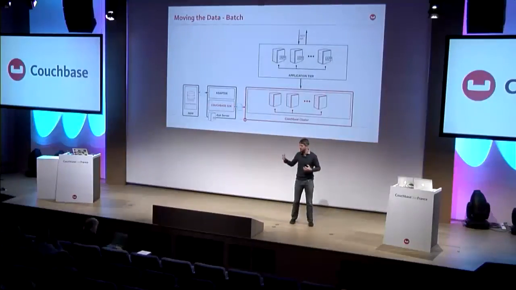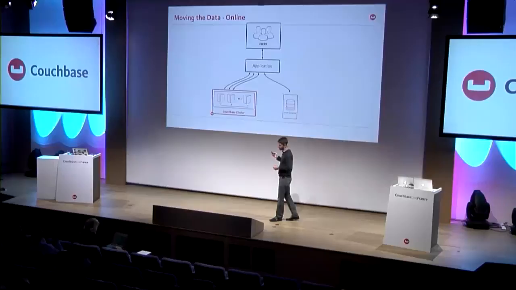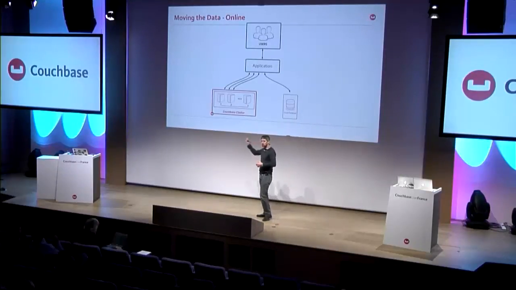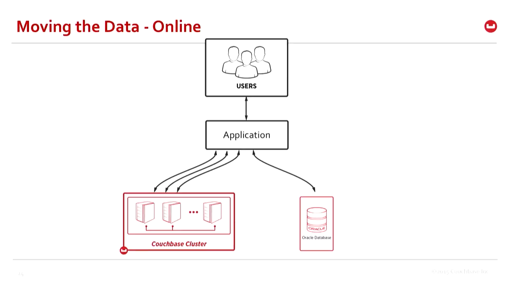They had the requirement of still needing to serve data off of that Oracle database from other applications that they did not have control of. If we look back to this one, generally if you have control over the whole application, you can control all of its access and you can know this request is going to go to Oracle, this one's going to go to Couchbase. If you know there are other parts of your business, other applications that need to be accessing the data, both reading and writing it, and you don't have control over them, then this is a good approach to write your own service layer and slowly migrate users onto your service layer,